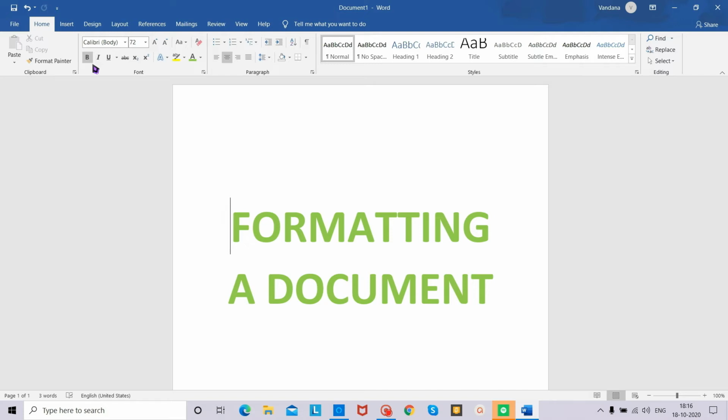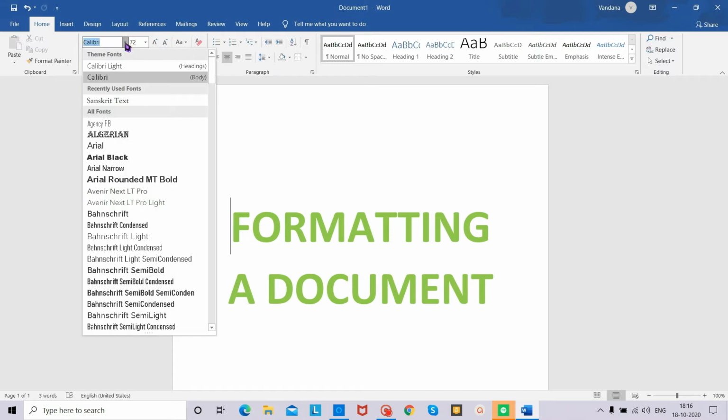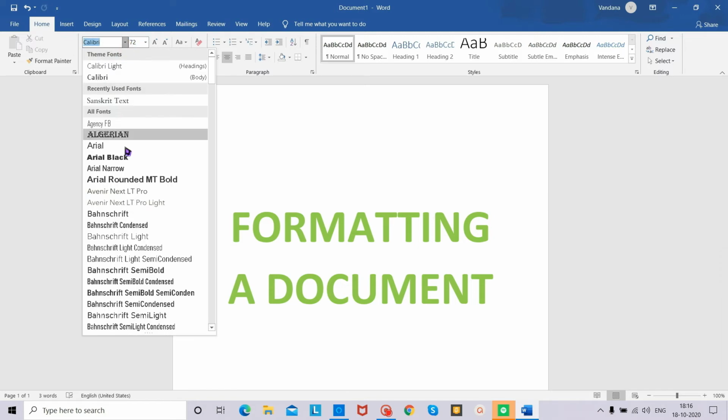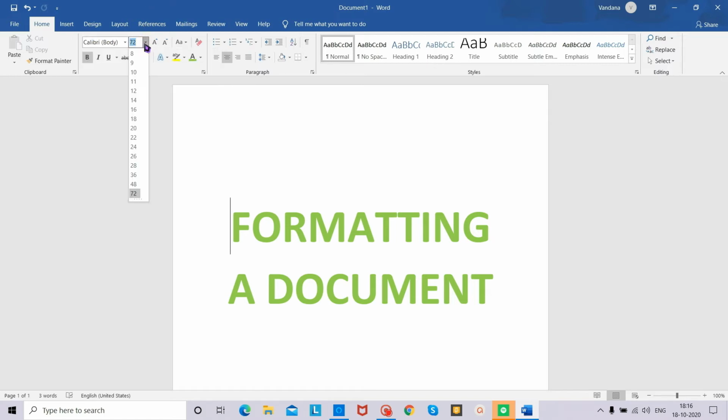Now in the font group, there are so many things like font face. So many font faces are there, meaning font names are there. You can change according to you. And font size also you can increase and decrease. Then you can make it bold, italic, underline, and you can highlight the text.